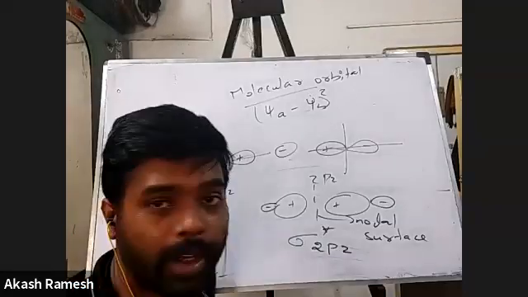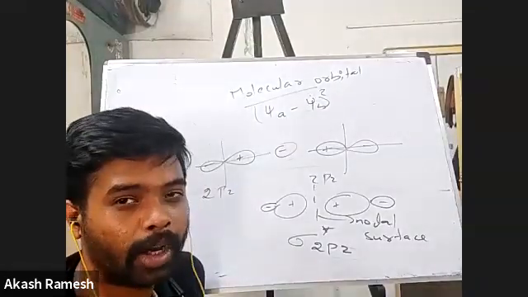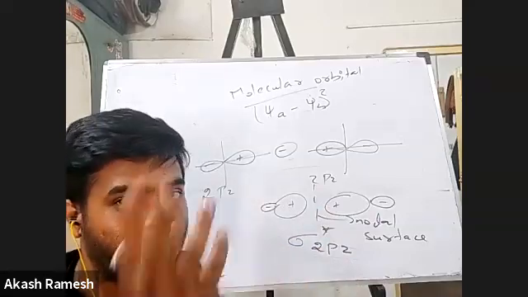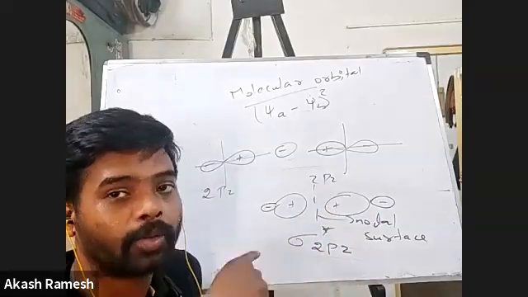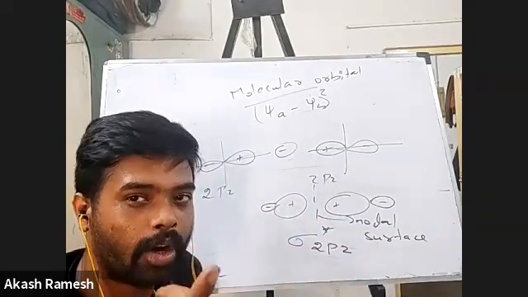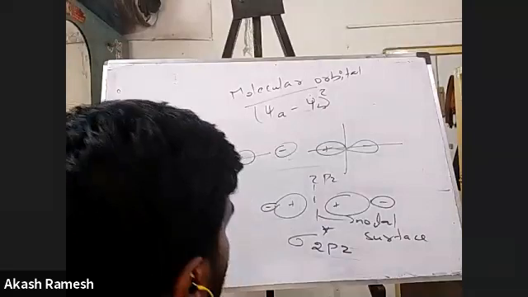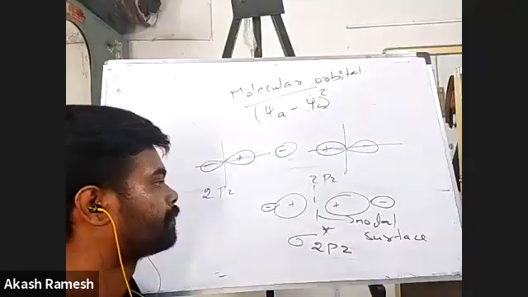So we'll move on. We have two more, that is your PX and PY. Both of them are going to undergo only pi bond, that is lateral overlap. So if I see PX or PY, either one of them, the other one is understood. So we'll see any one of them. If you have taken this down,